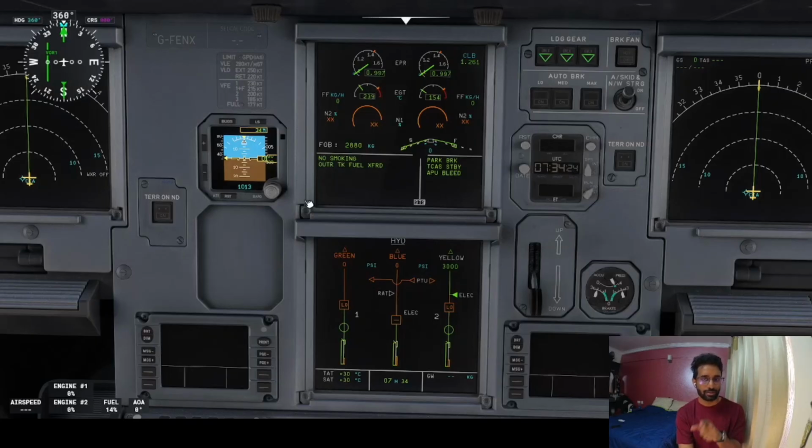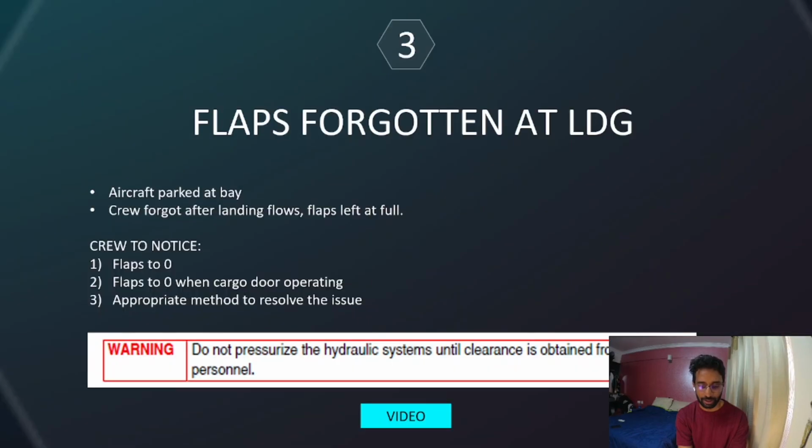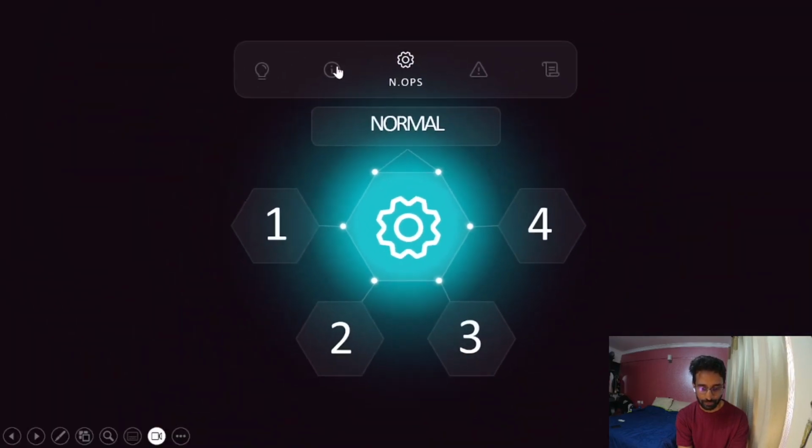Remember, when it is operated by the cargo door, only the yellow system gets pressurized. Hydraulic PTO is inhibited, right? So in this case, since only yellow is getting pressurized, if you remember your architecture from your basics,